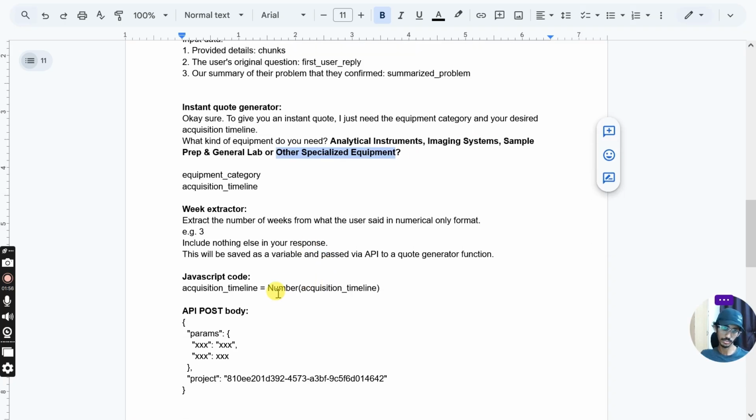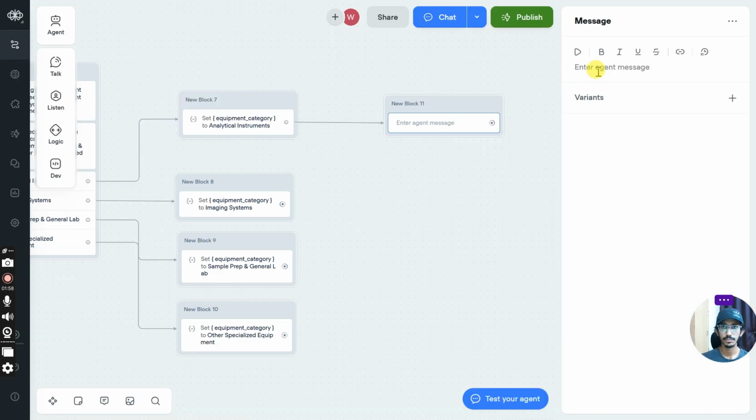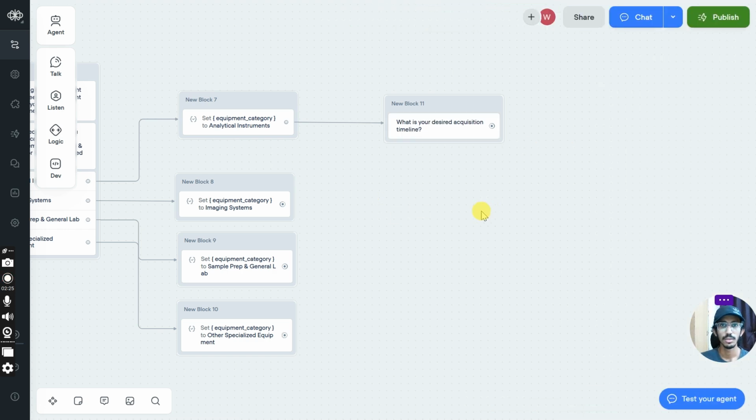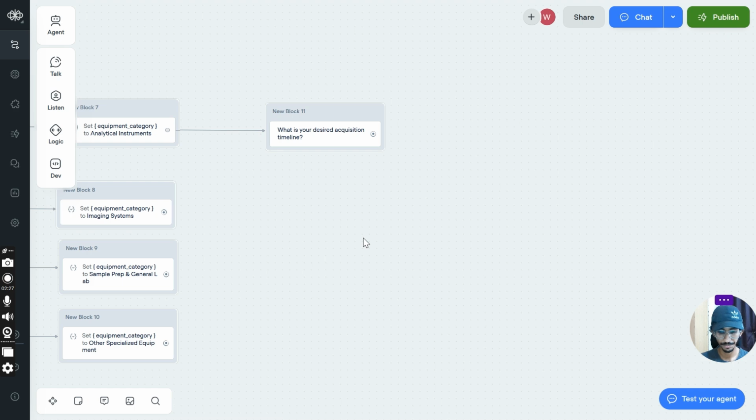So based on the equipment category and the acquisition timeline that the user needs, we are going to quote him a price, right? What is your desired acquisition timeline? We added that agent message here,